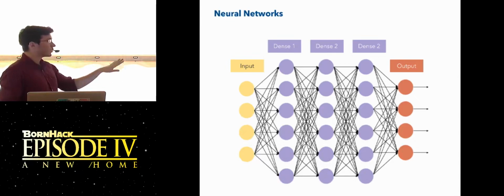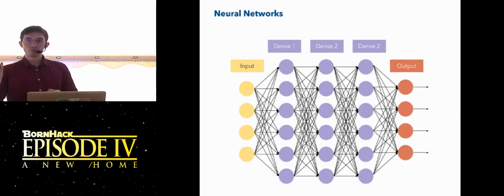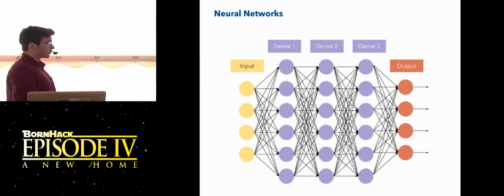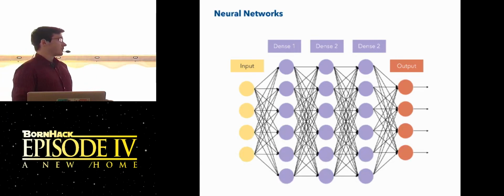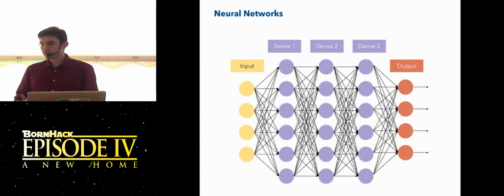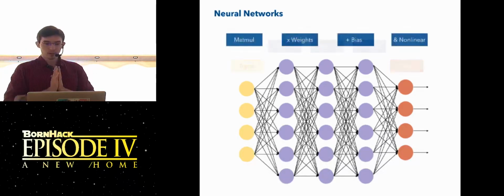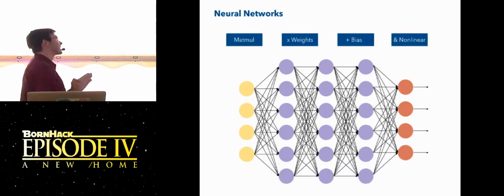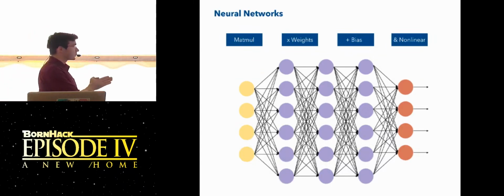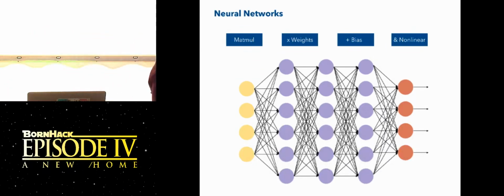And the output could be 3 zeros and a single 1. And depending on where the 1 is, that encodes something. For example, should this person be granted this insurance rate or not? I promise this is the last deeper detail that we need to understand. Other than the matrix multiplication, which we do here in this black network,